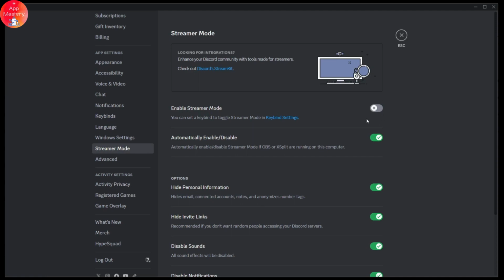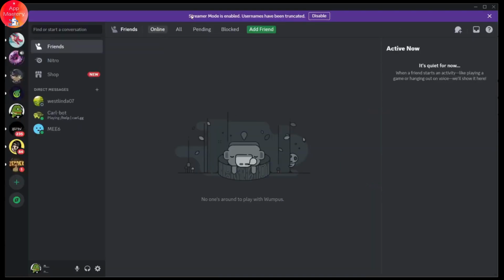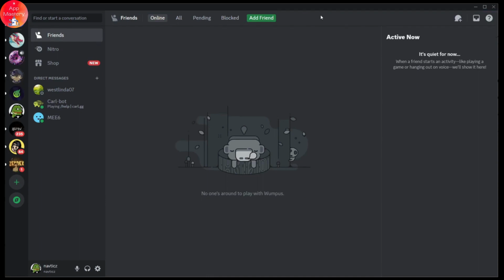If you want to turn that on, simply click on it, and that's it, your streamer mode has been enabled. And here on the upper side, you can see that your streamer mode is enabled. If you want to turn that off, then you can simply click on disable and your streamer mode will be turned off. So that's how you enable your streamer mode on